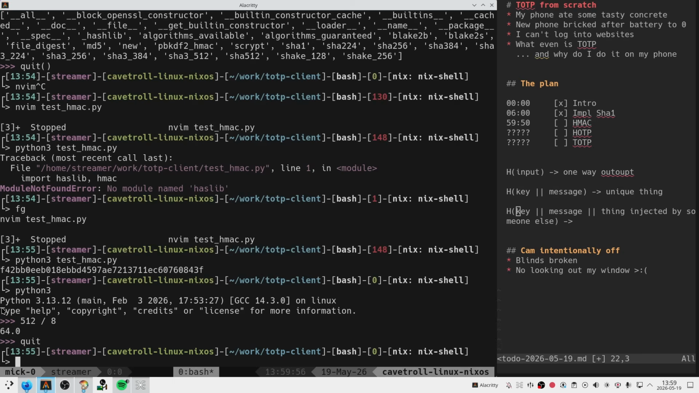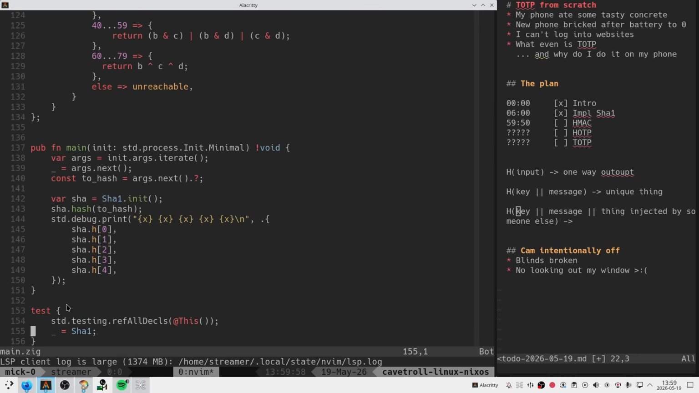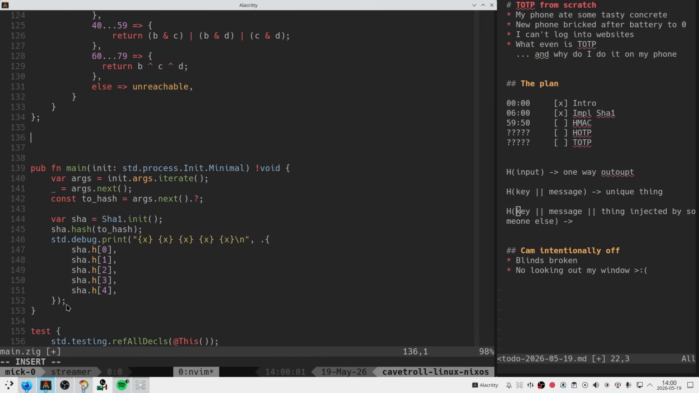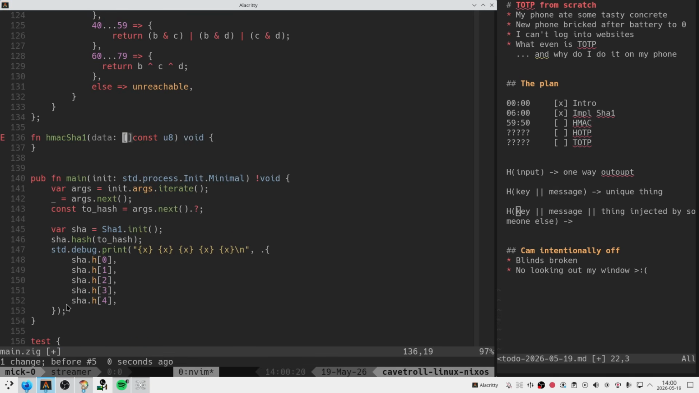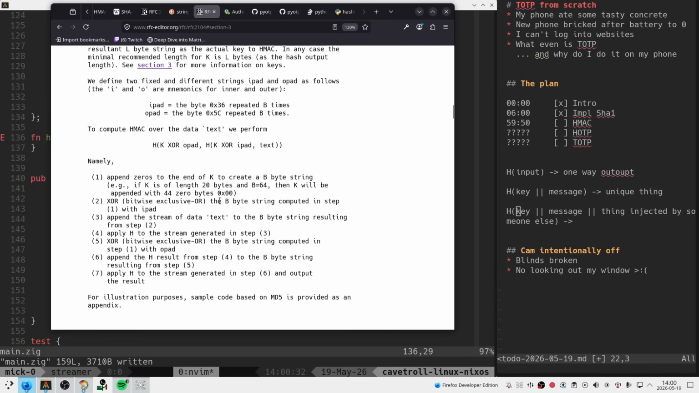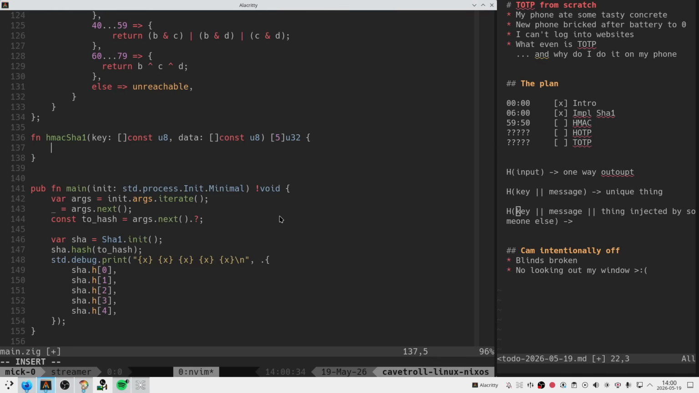Sure, okay, let's do this. SHA-1 HMAC. Maybe if this is like a one shot. Data. And I guess we are returning our five U32s, right? And in here we also have the key, right? So here we have